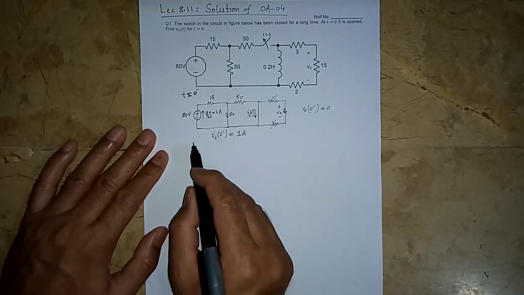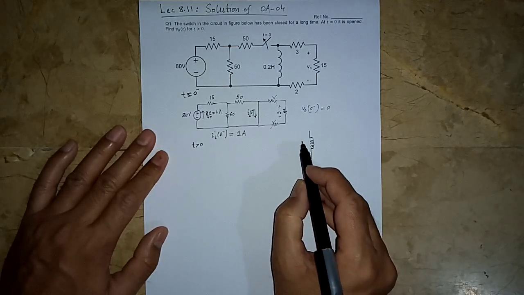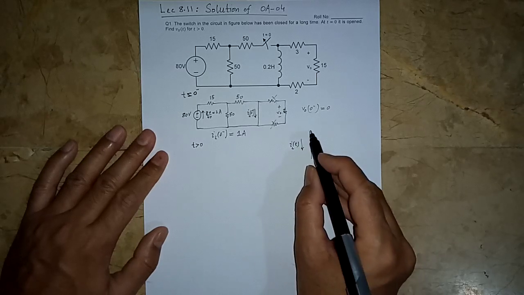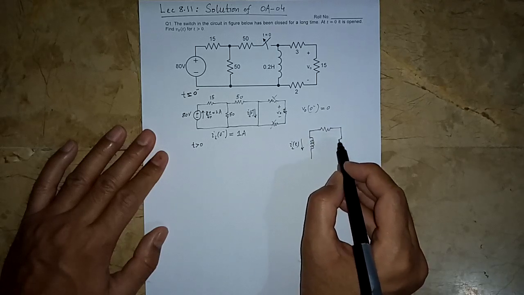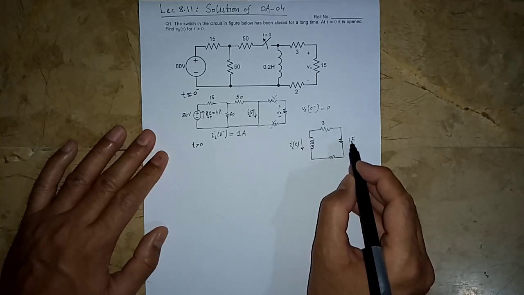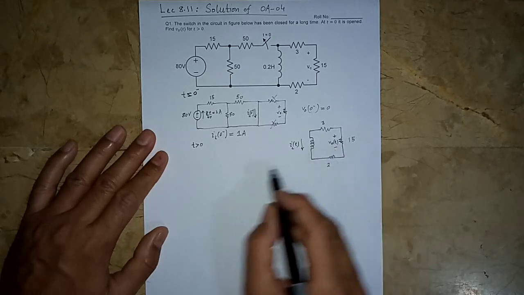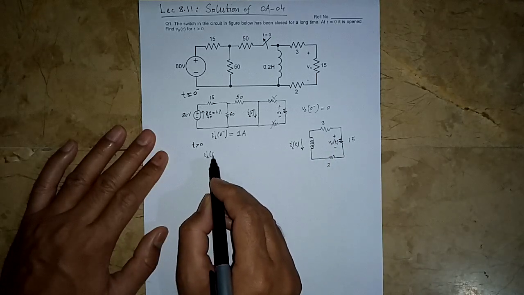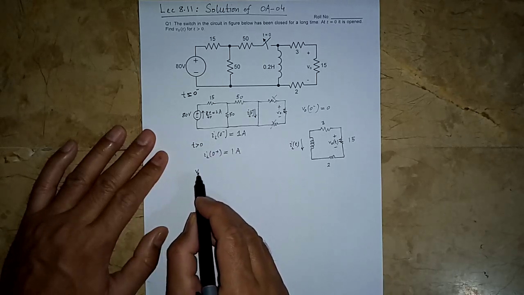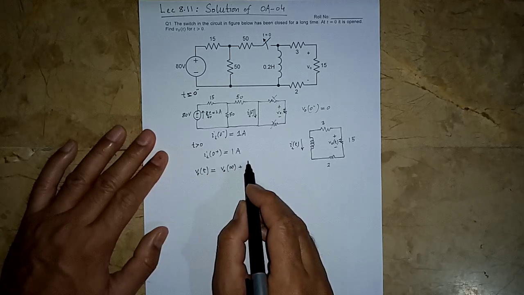So with this, for t greater than 0, we have an inductor with an initial current. So let us say this is IL of t. Then we know the value of IL 0 plus is 1 ampere. And let us now use this knowledge to find the expression for V naught of t. So IL 0 plus is 1 ampere too, because of the property of the inductor. So V naught of t, using the general solution, would be